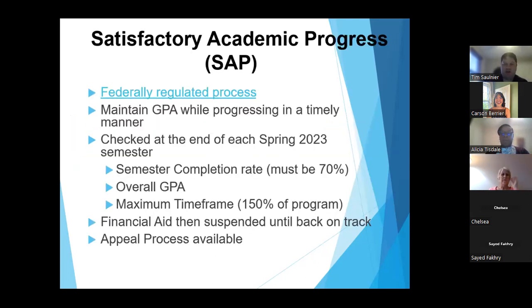Satisfactory academic progress. This is just a quick reminder that if you're receiving federal funds, the financial aid office is required to maintain these funds. So you need to maintain a certain GPA and progress in a timely manner. We check this progress at the end of the year, so at the end of the spring semester. So you must complete 70%,